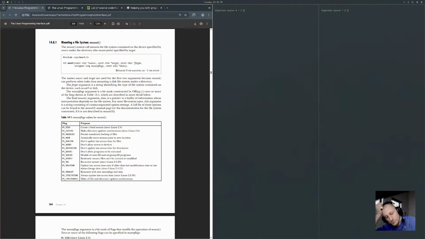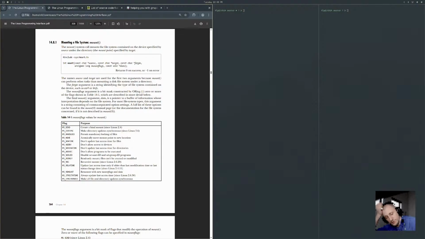Mandlock, permit mandatory locking of files. Move, it's how you can move a mount point to a new location. Okay, so you don't have to unmount and remount. No atime, don't update last access time for files. I guess that's a performance thing, probably.